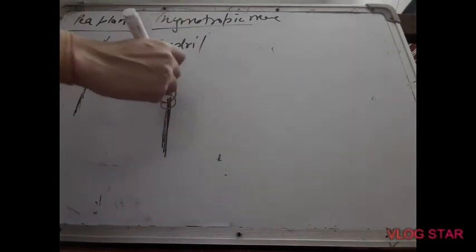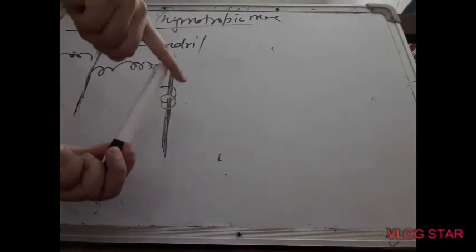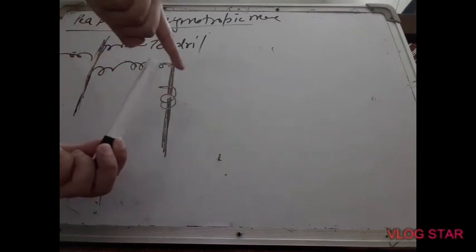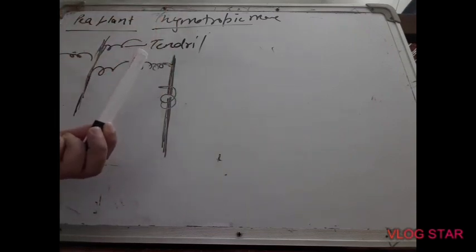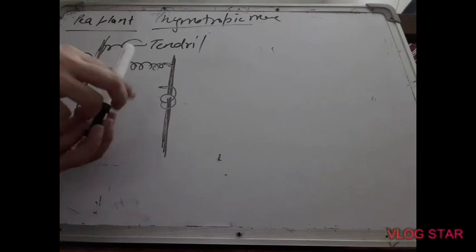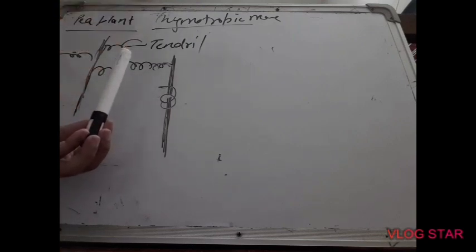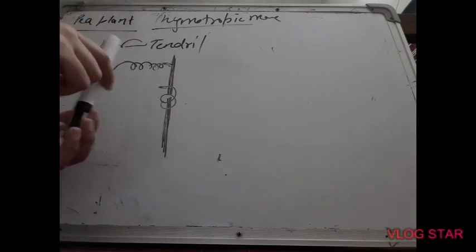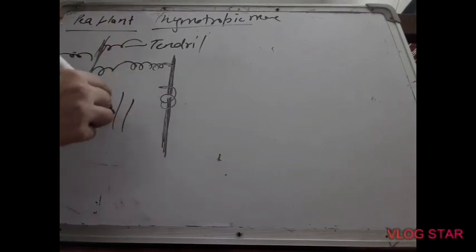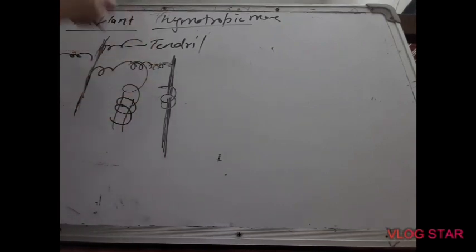It twines around the support, and with the help of the support, it climbs, helps in growth of the plant and moves the plant upward. If this is a support, then with the help of the tendril it twines around the entire support. So the movement of the tendril or pea plant is also due to the movement of auxin. Auxin moves away from light, and it moves away from touch as well.